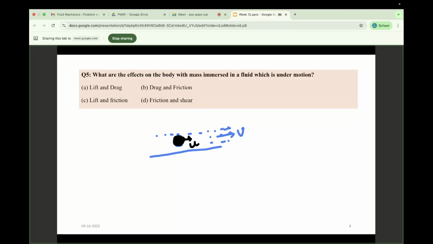Because of this change in the velocity, there is a force from this momentum equation. Why is there a force? Because of the change in the momentum. So this solid particle has velocity small u, whereas this fluid has velocity v. So there is a change in velocity, right? Because of this change in velocity,